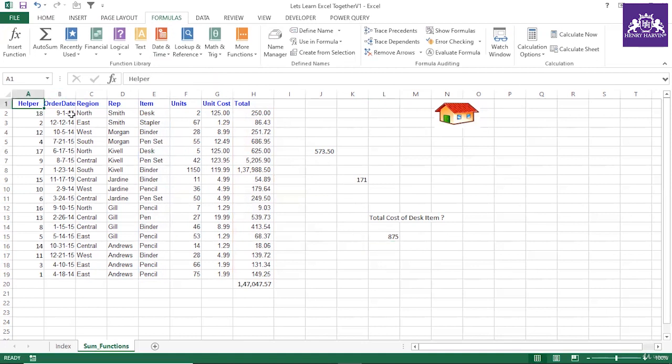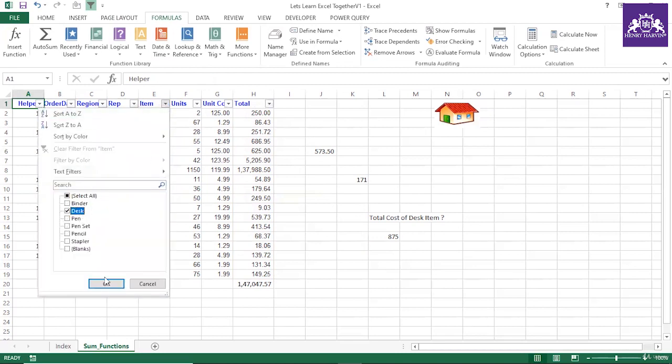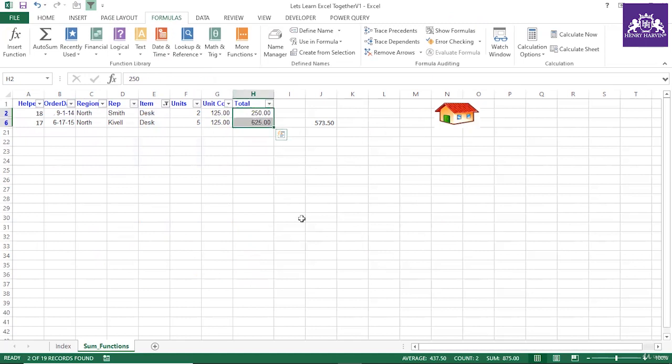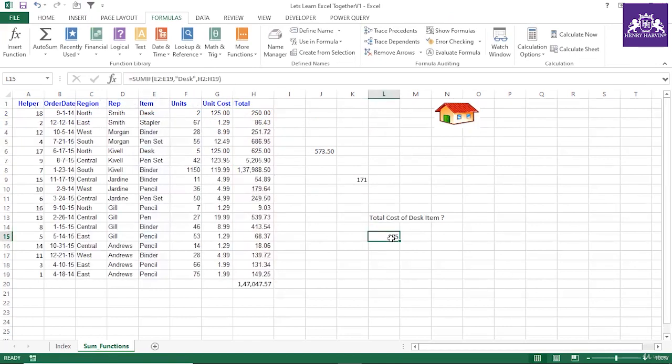So now let me check again. Control Shift L, desk as item, and now see this is actually the result, which is 875. 875 is the result. So now if you remove the filter, 875 is the correct value, guys. So now it is clear. If we have to calculate the total sum on the basis of a criteria, the total cost of desk item is 875. So rather than desk, you can write binder also here. Once you select the binder,